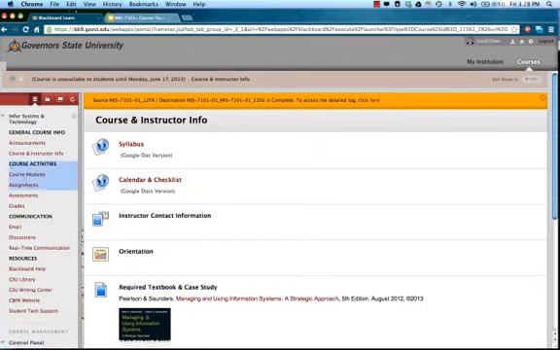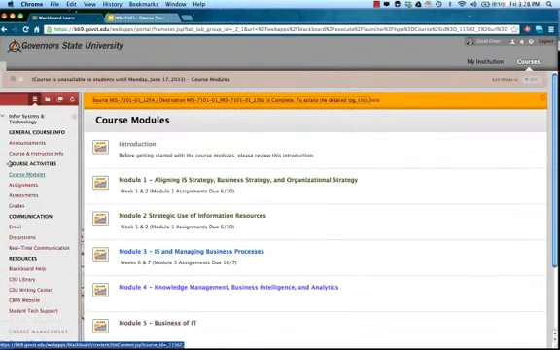The next section of the course is called course activities. You see under course activities, we have course modules. Course modules, this is where you're going to go back to each week pretty often. So every activity, every learning activity will actually be available via the course module. I do have other links to access some of the same content, but everything will be available via the course